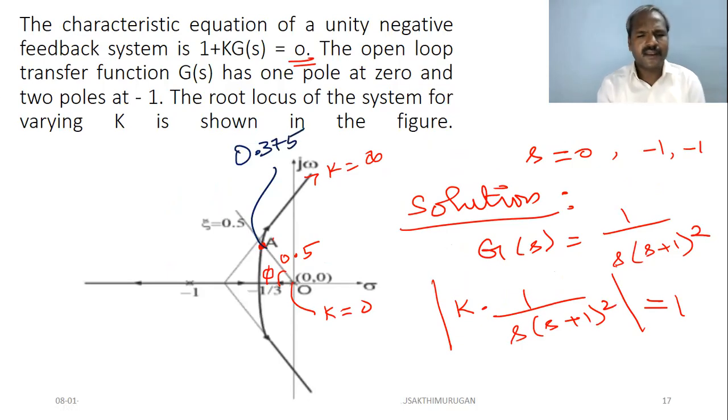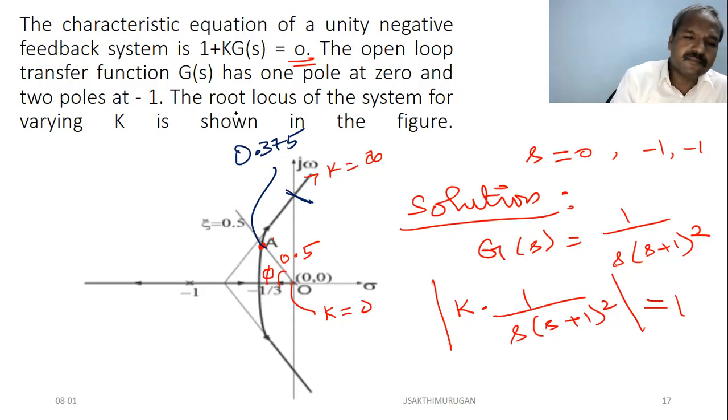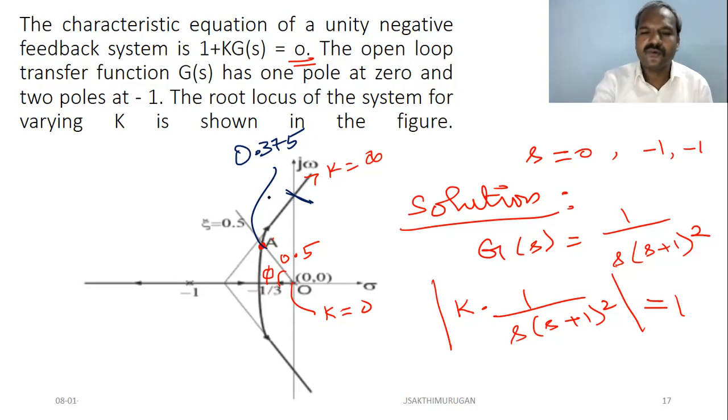Okay, we can even calculate the value of gain at the crossover point. For that, we have to find the point of intersection on the imaginary axis. That also can be calculated, even though it is not given. We can also try to find the gain at that point. Clear? You can do that as an assignment, you will do it later, right?